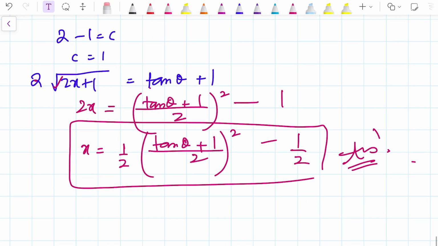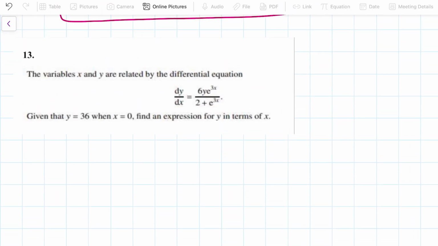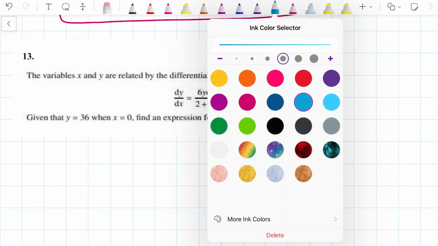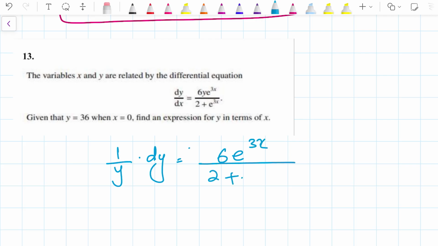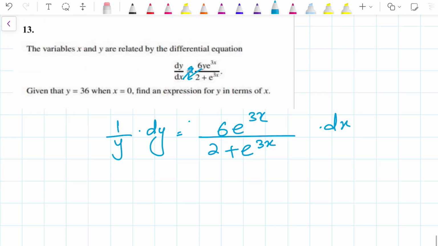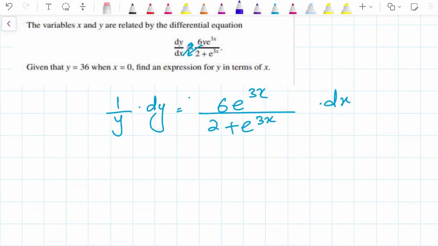All right, let's do one more question. X and y related by the differential equation. Okay, let's do separating variables first. The y term will come here and the x terms will stay here. So I'm moving dot dx here, I'm moving the y variable here because there's a dot dy in the numerator over here. Introducing integration sign on both the sides, this becomes ln y equals to,